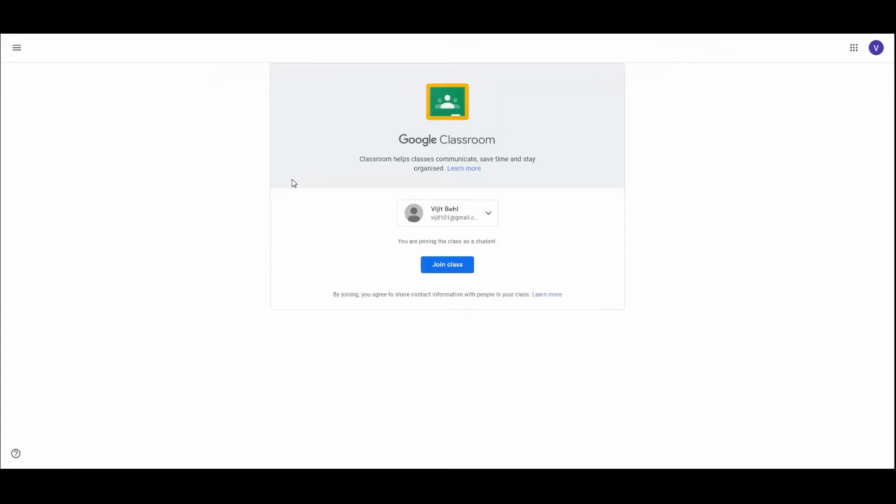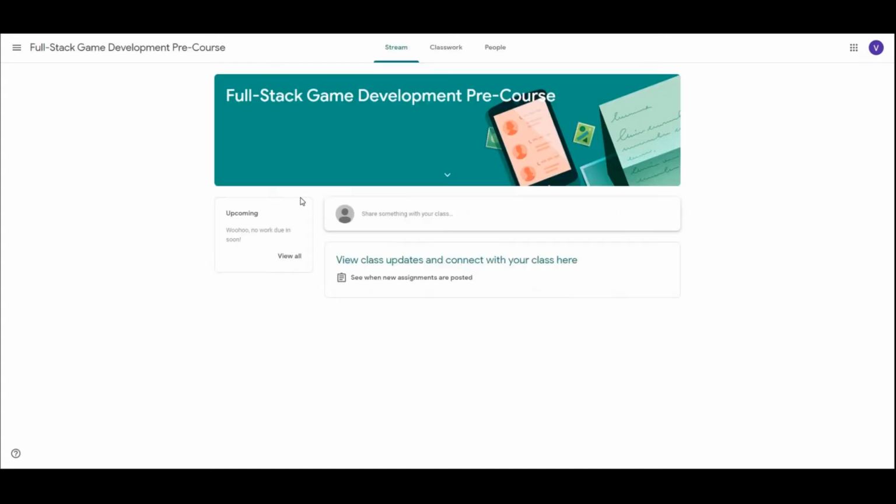In this email, you have to click on this link that says please join Google Classroom. Once I click it, it will redirect me to another page, and hence I'll be able to join a Google Classroom. As I can see, I need to join, so I'll click on join. It takes a moment to join, so it's still joining. Now I'm joined in the Google Classroom.